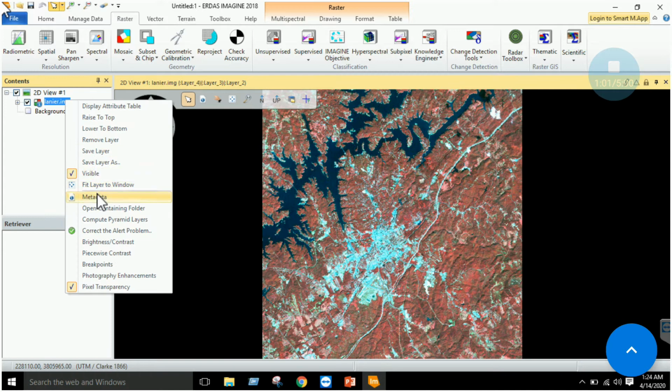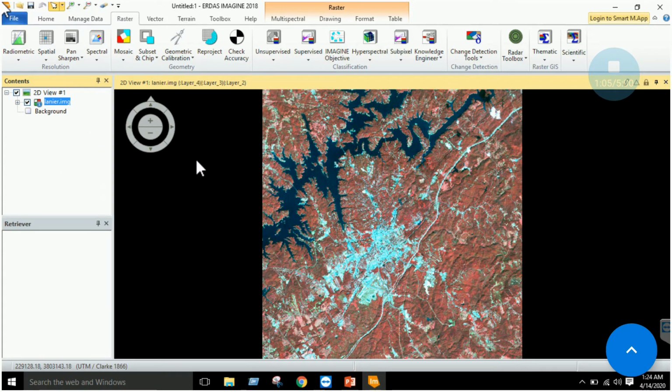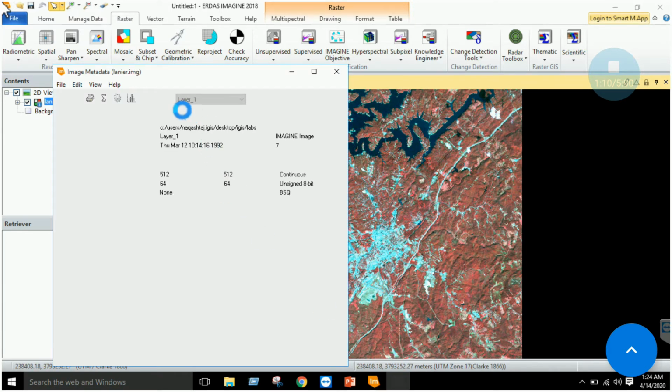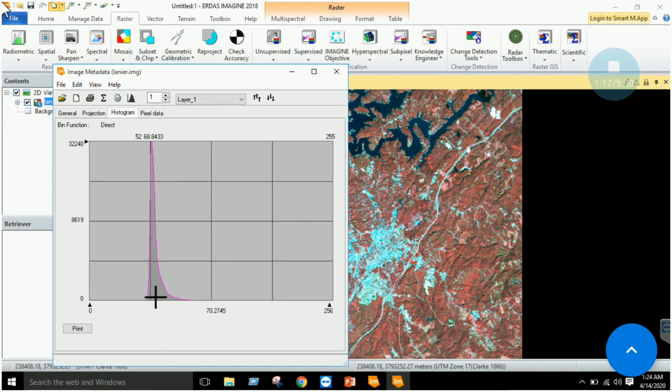Now if you go to the metadata tab and view the histogram of this image, right? So in layer 1 or in layer 4 or in layer 5, 6 and 7, and so on.